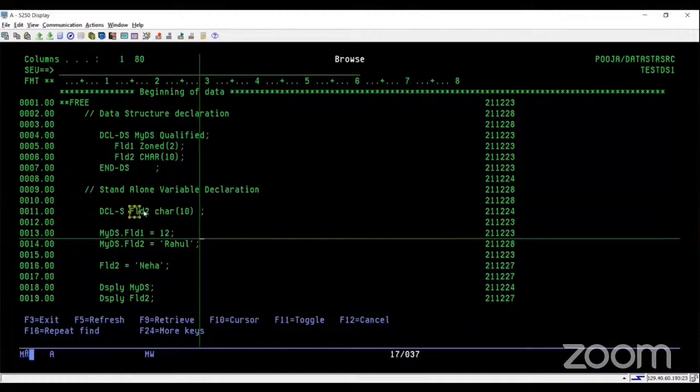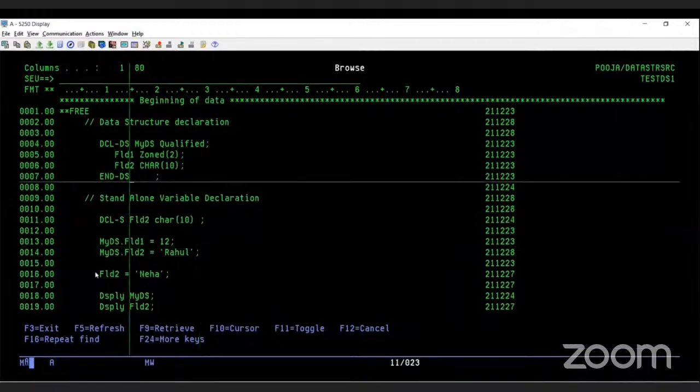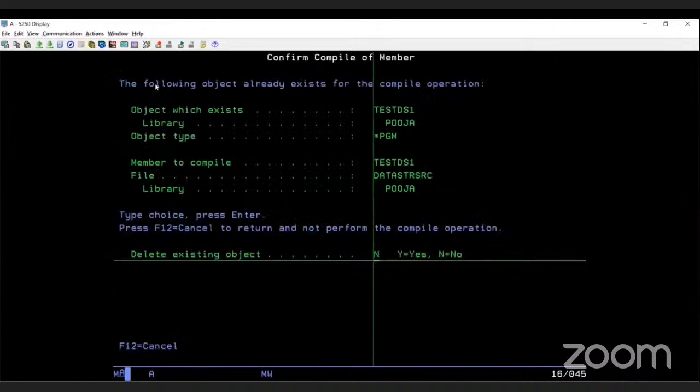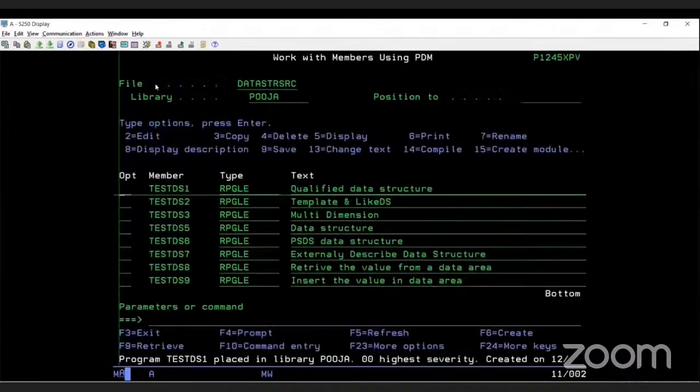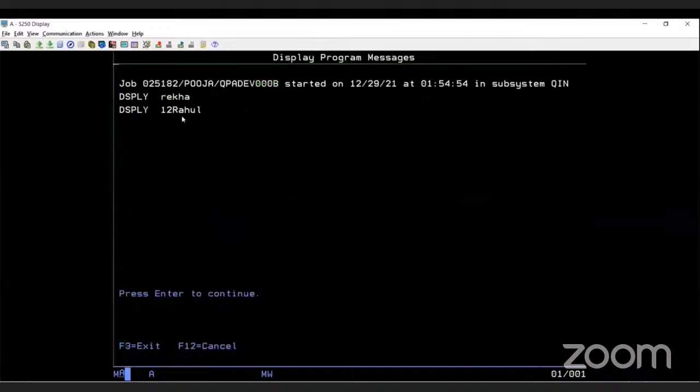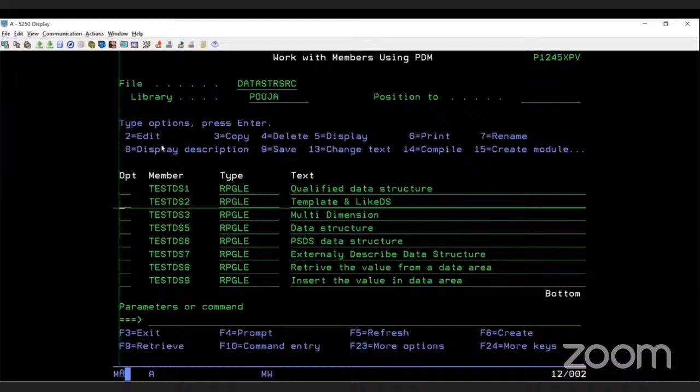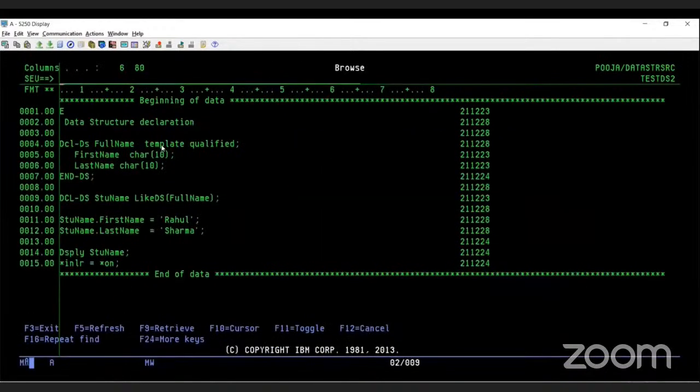Here you can see I declared the standalone variable with the same subfield name, and also assigned a value to it. So now if we compile it, we will not get any error, and I will show you. Compile it, it compiled successfully. Now if we run it, it will give the value of the data structure 12 and name of the field, and also the value of the standalone variable. So this is the use of the qualified data structure, and now we will see what the template data